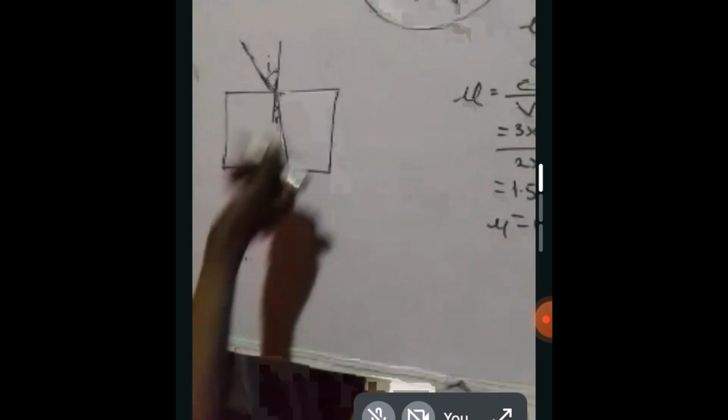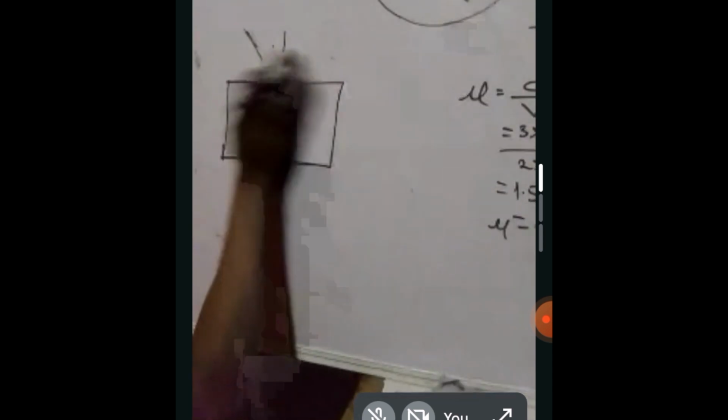So refractive will be small, and this one is big. If this is 60 and this one is 45, this should be more than 1. We got 1.22. So now, if the thing is coming from glass normally,